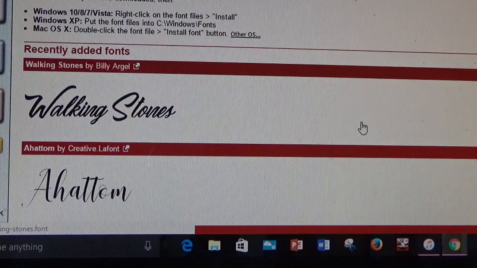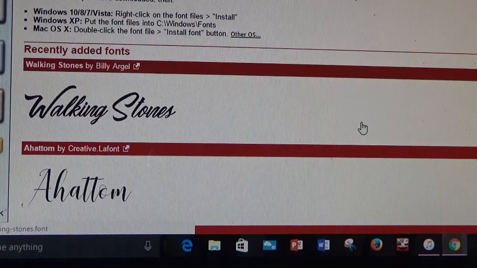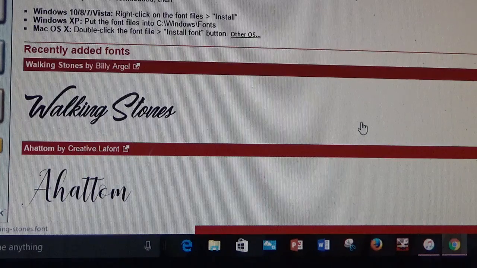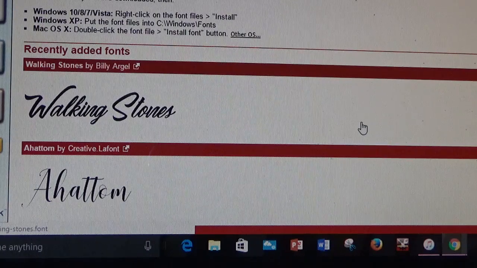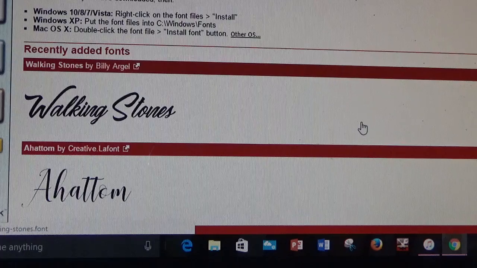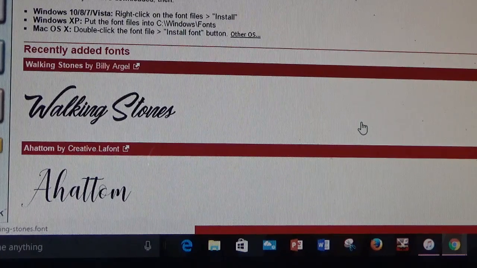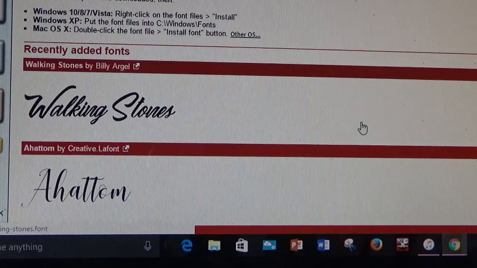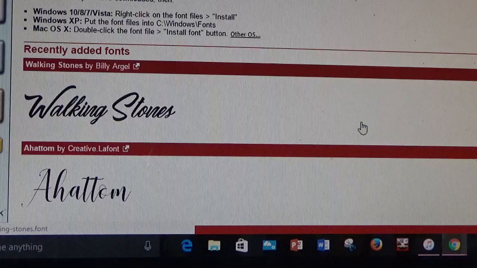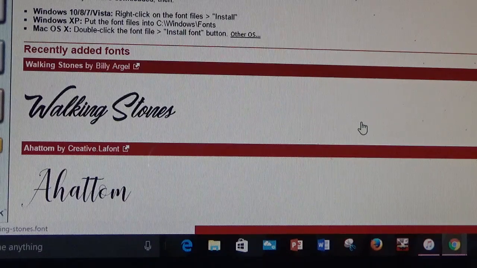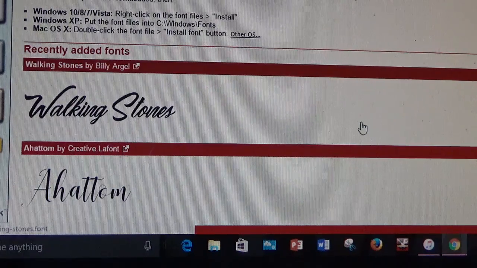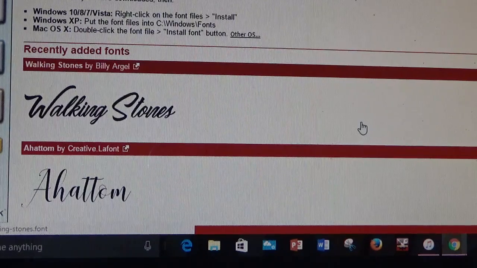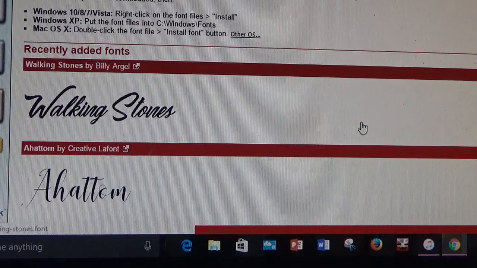And what you're looking at right now is I'm on the website dafont.com. That's D as in David, A, F as in Frank, ONT.com, dafont.com. And I'm getting ready to download the font that is called Walking Stones. You can see that there. It's kind of a cool, or I think it's a very cool font with some